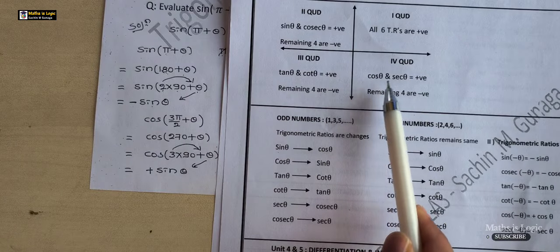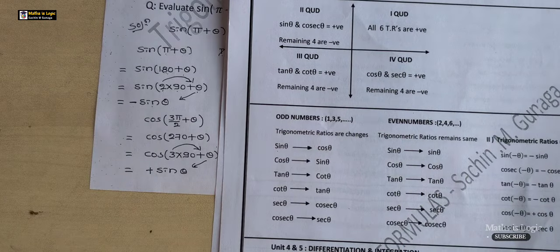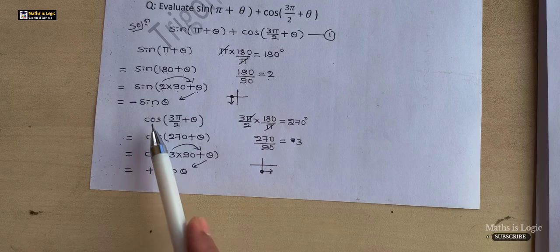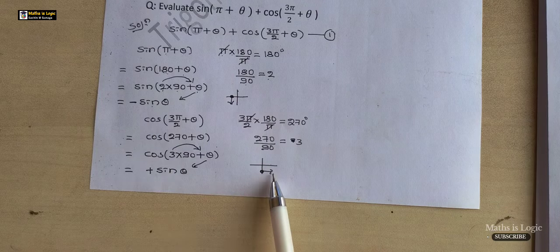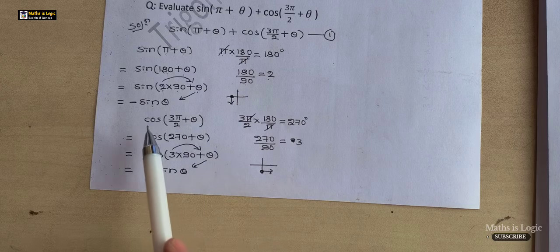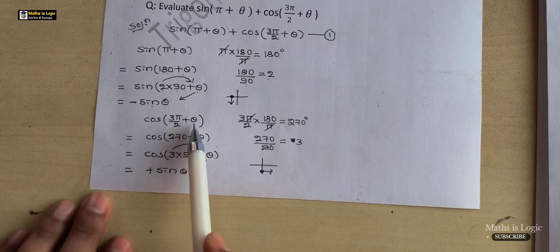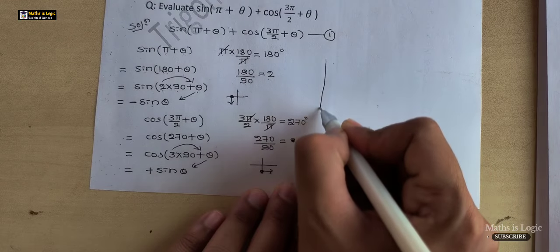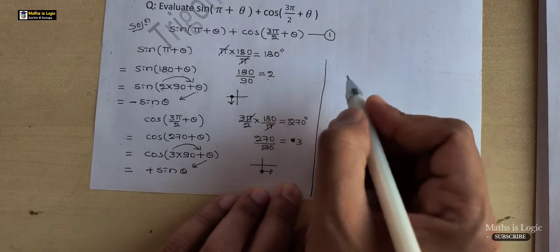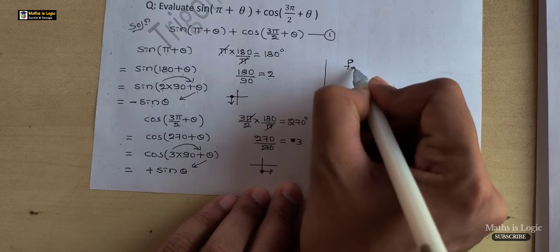In the fourth quadrant, cos and sec are positive, remaining 4 are negative. So which trigonometric ratio is given? Cos. So cos is positive in which quadrant? Fourth quadrant. So cos 3 pi by 2 plus theta, answer is plus sine theta. After that, write equation number 1. Therefore from 1,